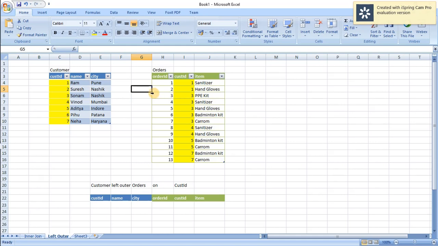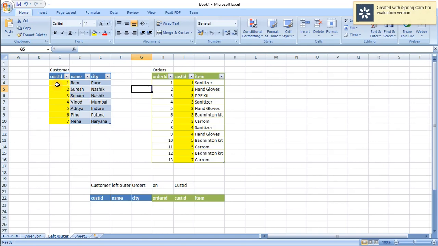Earlier, in the inner join, only if a match was found did it return output. But in the case of a left outer join, the left table should return all records, irrespective of whether a match is found in orders or not.